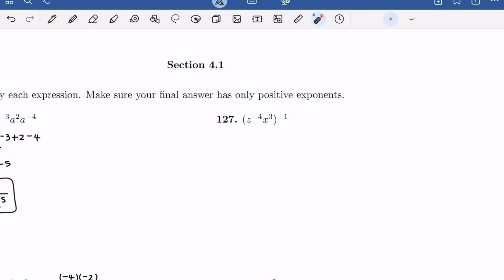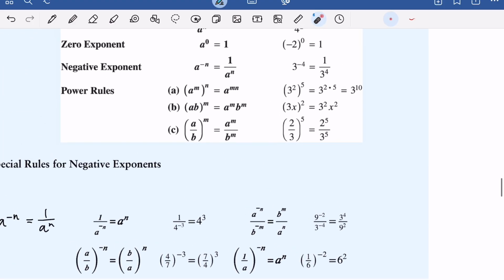All right, let's look at question 127 here. So we want to simplify this. Now notice we have the product of 2 different exponential expressions, z raised to the negative 4 and x cubed, and this product is being raised to the negative 2nd power. So this tells me we're going to be using our power rule, and it's going to be the second case here where we have the product of 2 things being raised to a power. This power is going to be essentially distributed to both things. So